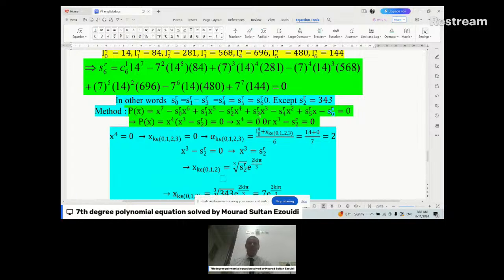We can write it as (x minus x1) all raised to the power 4 times (x cubed minus S2 of order r). Now, learners, we have minus S2. I will transfer this to the right hand side. Like that, x cubed minus S2 equals 0 means x cubed equals S2. S2 in fact is 343, which we calculated before. Therefore, x to the power 4 equals 0 means the